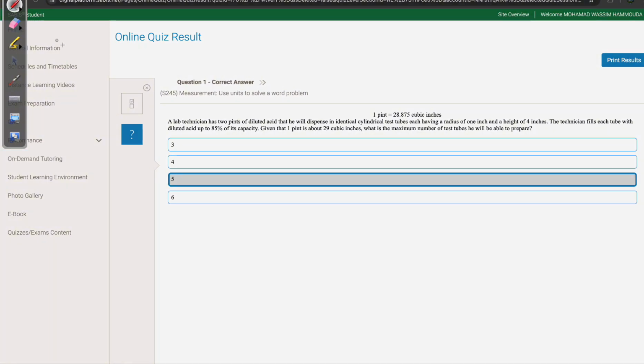Okay, so here they said we have 2 pints, but 1 pint is 29 cubic inches, so 2 pints is 58. Now they want us to find the volume so we can divide it by 58. We need to find the volume of one test tube. Then we need to multiply it by 85% because the technician fills each test tube with diluted acid up to 85% of its capacity. So 58 over